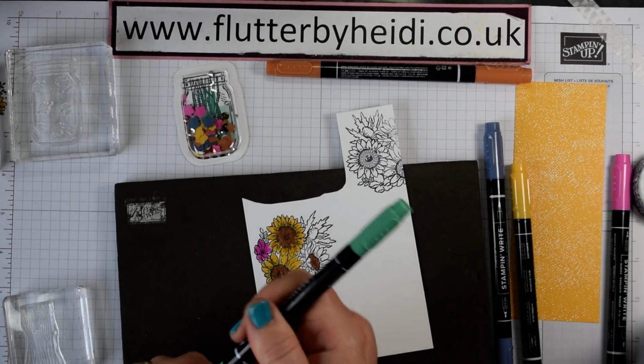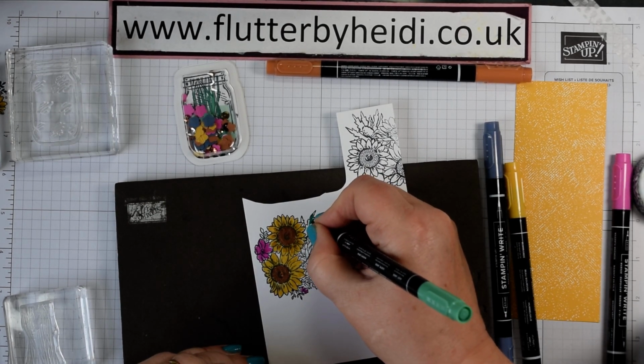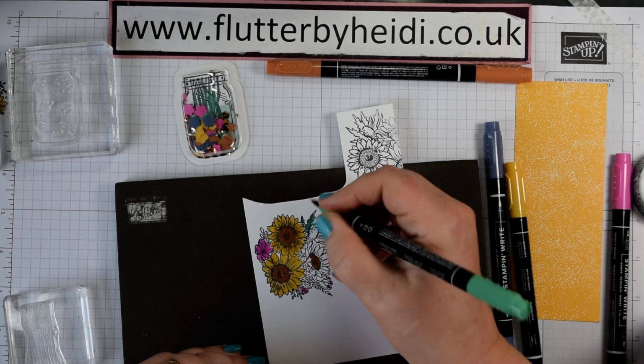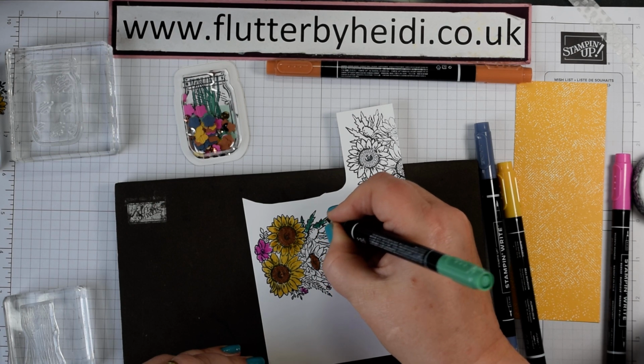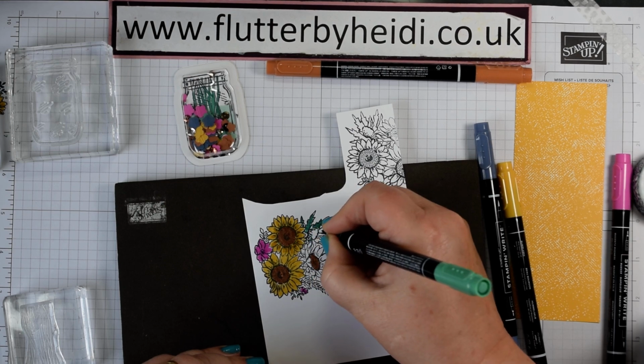You either like it or you won't. It's probably not a colour I would normally use because it's so sort of neon, but actually when it dries it does dry slightly lighter. So what I'm doing is I'm colouring in the leaves here, and then with this bit here,